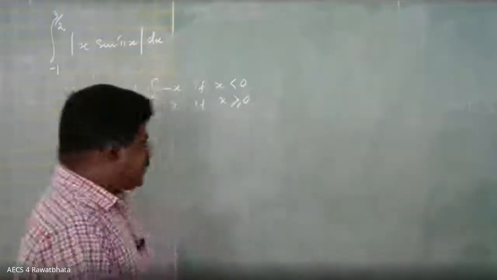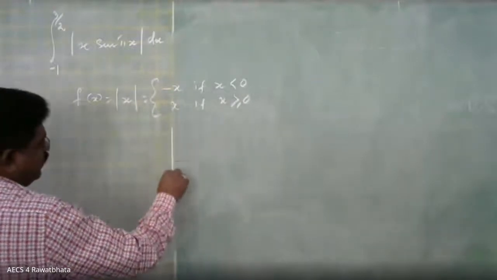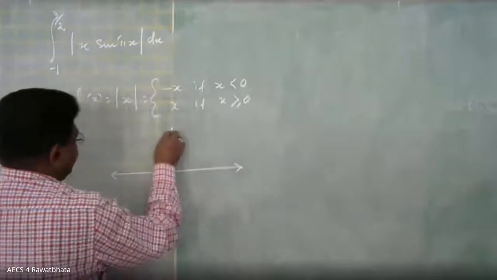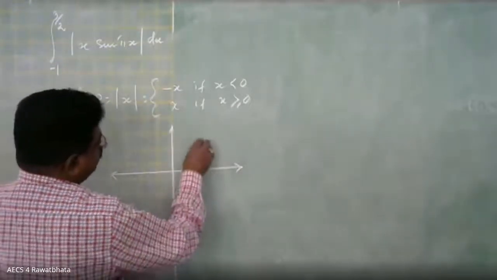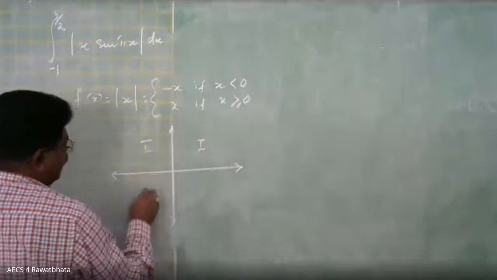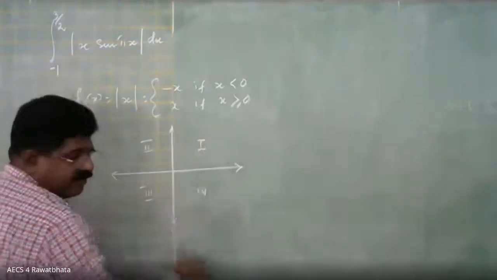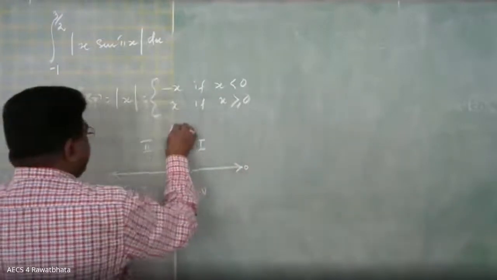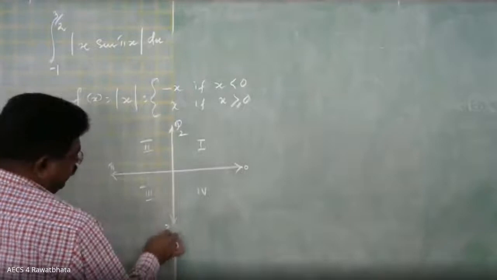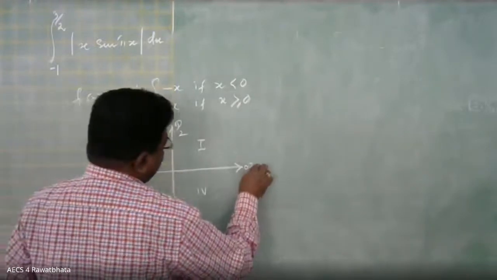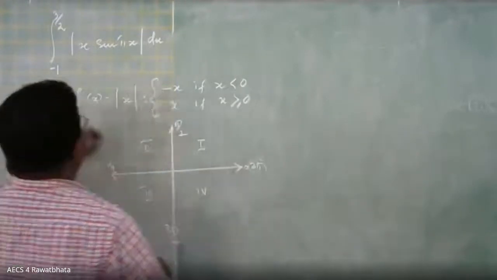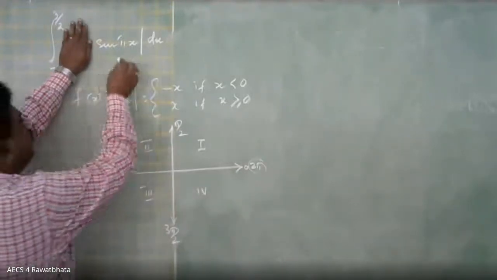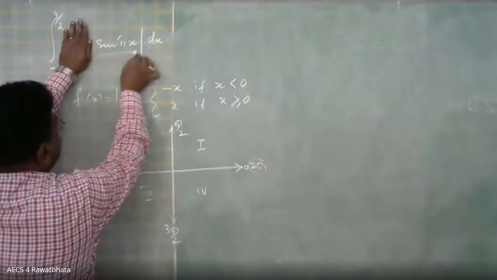Here, first you have to draw the quadrants. For understanding, if anyone knows, we can go directly, no problem. First quadrant, second quadrant, third quadrant, and fourth quadrant. Here it is 0 to pi by 2, pi, 3 pi by 2, 2 pi. Now first let us see only sine pi x.